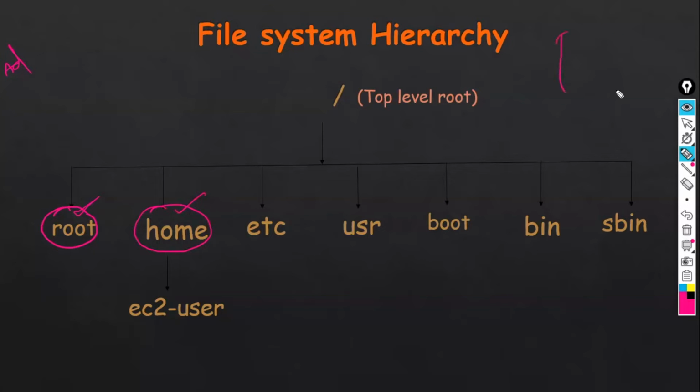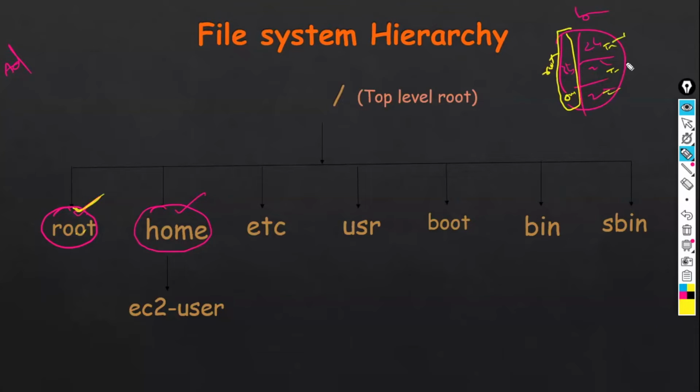If you take one building, it has three portions: 2 BHK, 2 BHK, 2 BHK, and this is a 3 BHK where the owner of the building stays. These are tenants. So this is like the root directory, where the owner will stay.